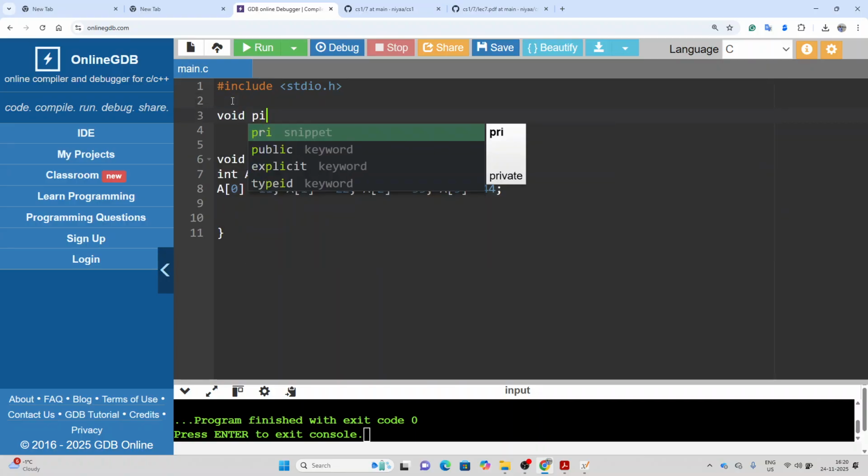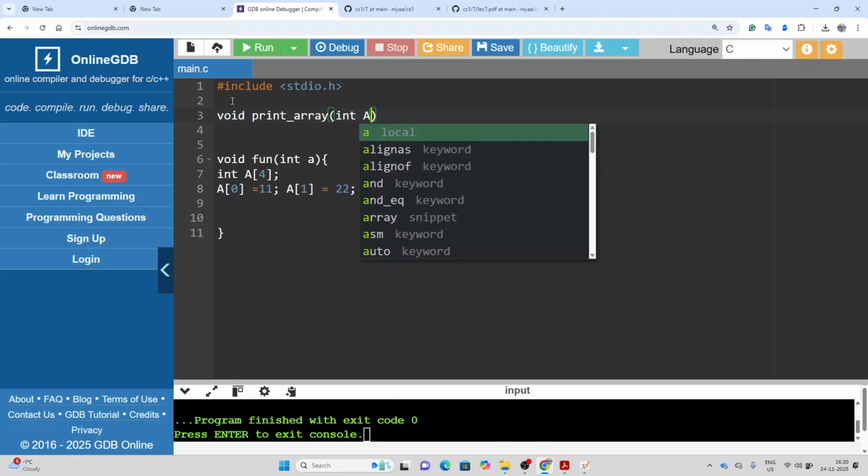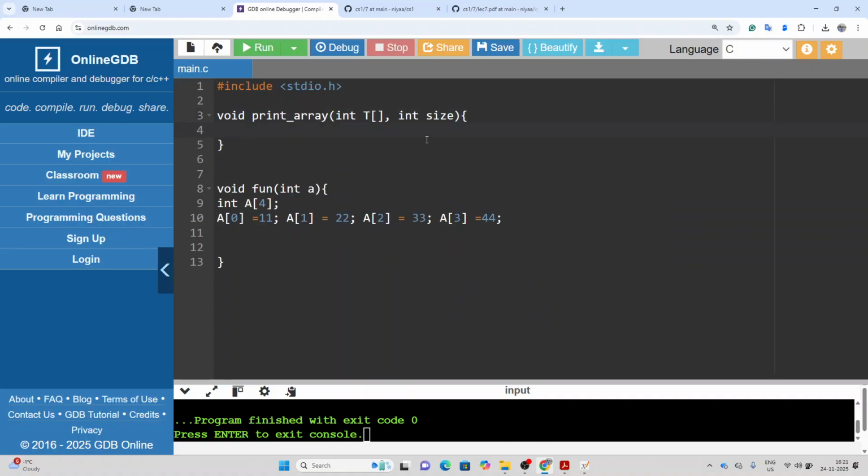Void print array. So this function takes the array. So as I told you, to pass it, you have to have any name. It could be A, B, C, whatever, T. So you are telling the function that the input would be a type of array, and then the next element will be size, right? Size of array. So n, and then you do for